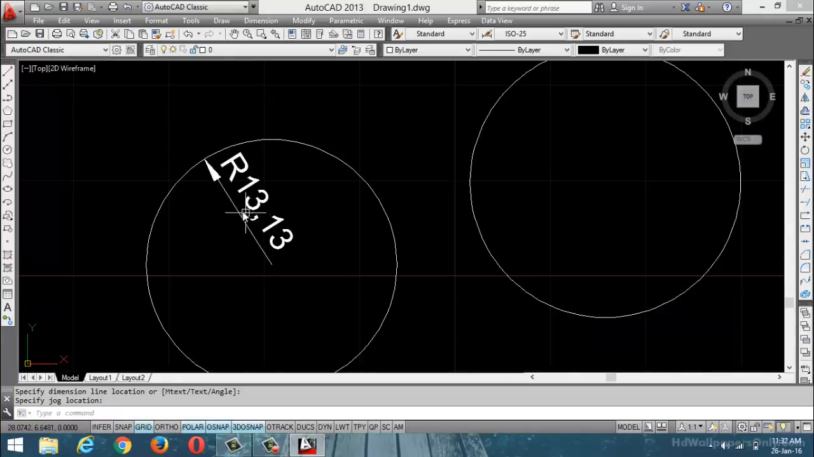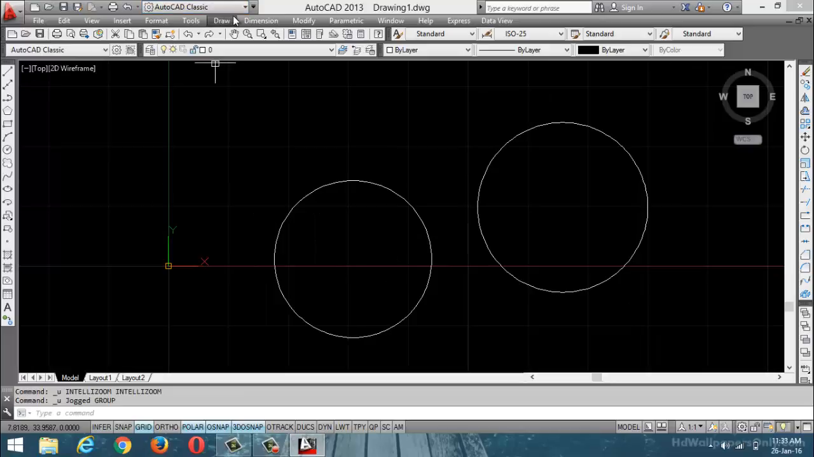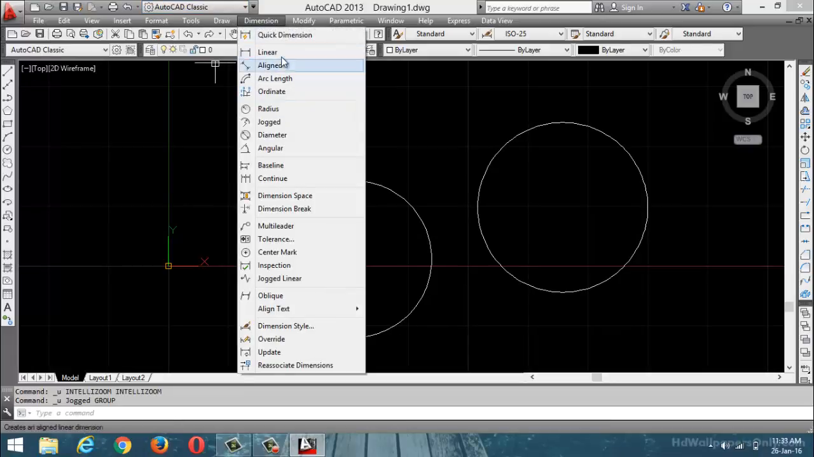Simple thing. Type the command, enter, select the circle, next select the center point, specify the location. That's all. Next one. Now linear, angle, everything is over. Then next,